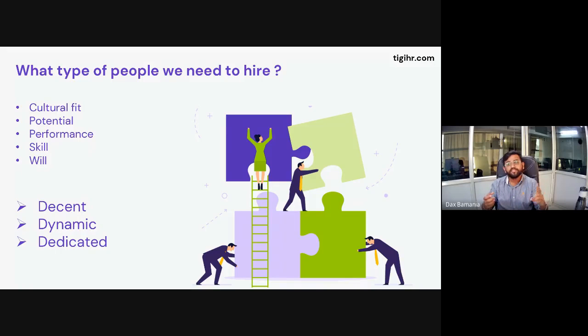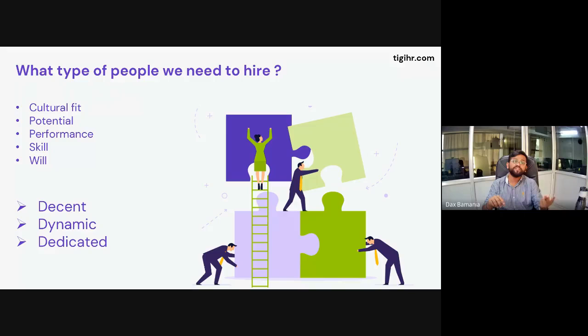The first is the cultural fit. Look for the cultural fit employee. Are they comfortable with your environment, and is their attitude going to perform very well at your company? So you need to first identify whether the cultural fit will be there or not. The second thing,